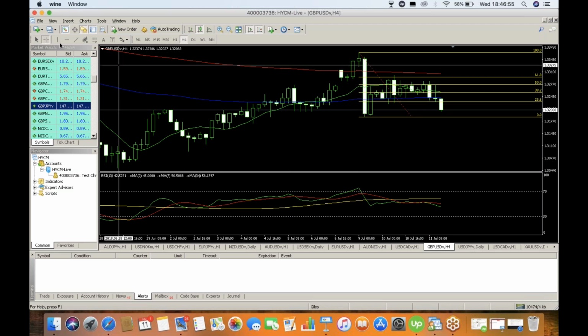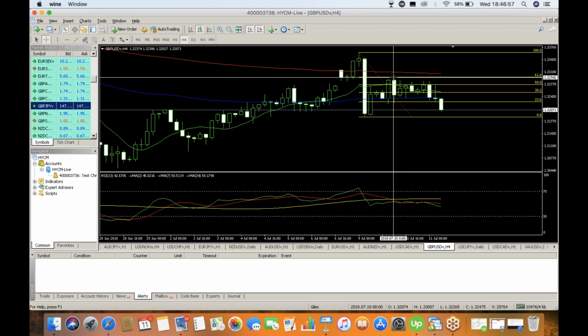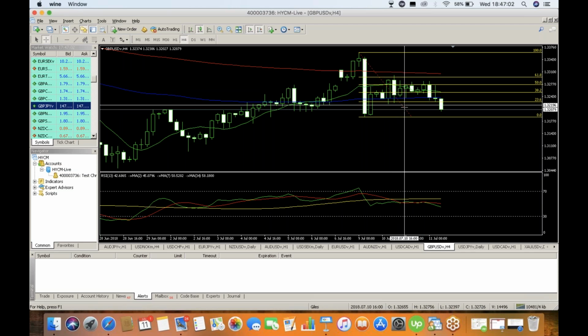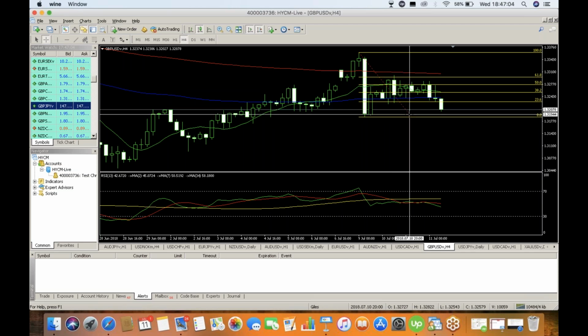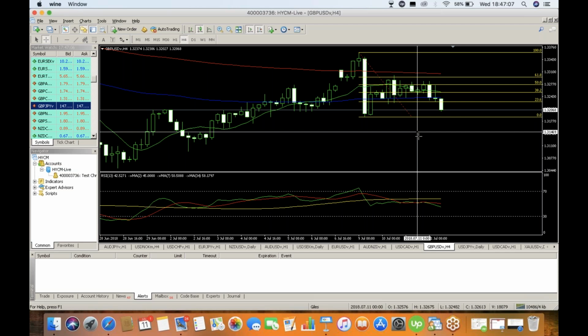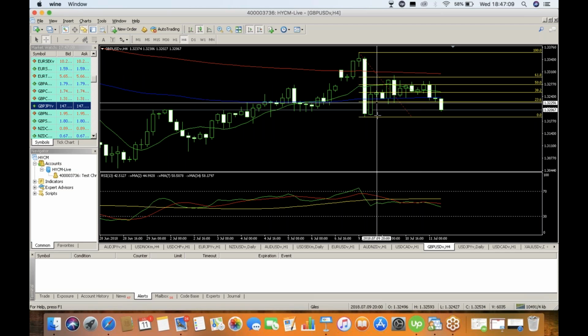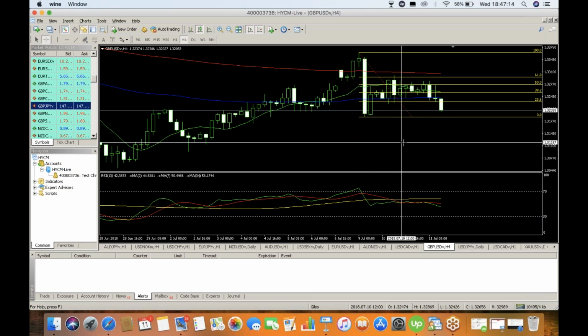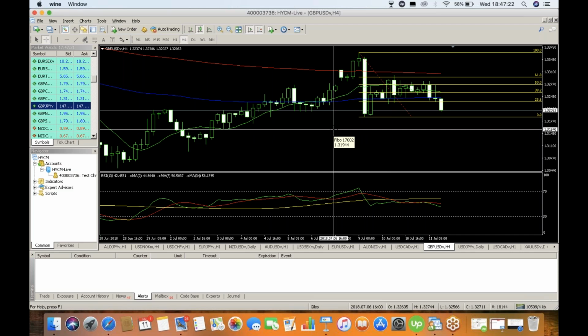So the place to have entered would have been up here, the 61.8 or the 50% retracement, and then you could have played the move back down to the bottom of that range, and then maybe even beyond. You could have done an extension of this leg from there to there. You'd have just put that extension to there and played down to 1.3100. That's the sort of thing that you would be looking at doing. So that's an example of how you could have played that sentiment. And that's something you're going to be looking at for the next few days.